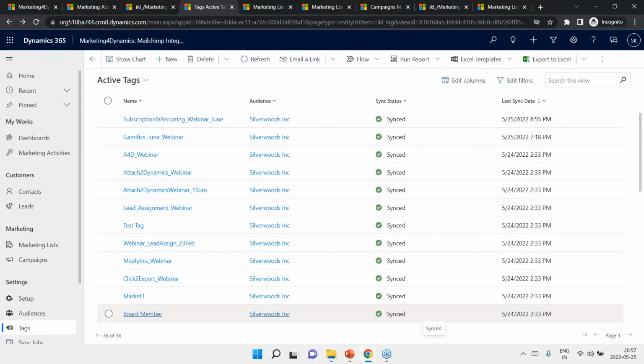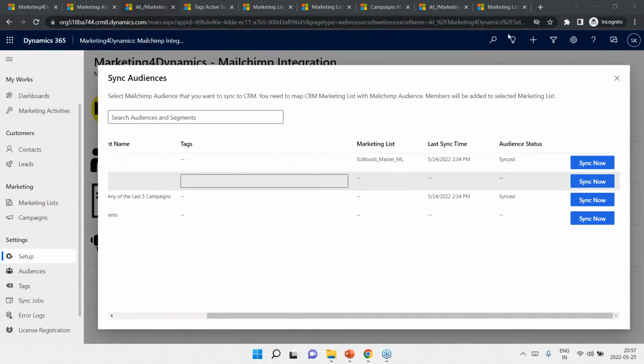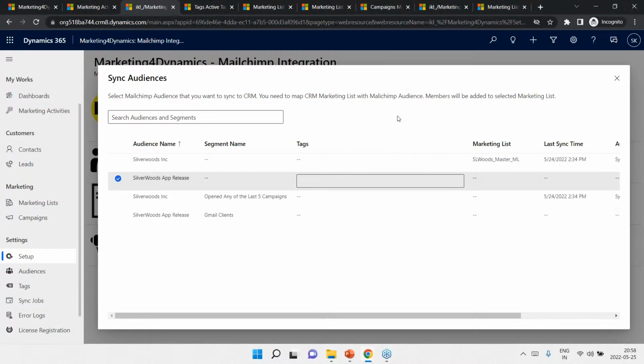So before we do that marketing list, let me show you what exactly is the marketing list itself. So as we were talking about, once we hit synchronize now, at the bare minimum, a couple of things are going to happen. The first one I have already demonstrated about the tags. The second thing that happens is all the audience members from the Mailchimp are brought in as the contacts or the leads, and they are synchronized with the marketing list that we have presented over here. So as you can see here, the name of the marketing list is Silverwood's Master Marketing List. So we can go to the marketing list,